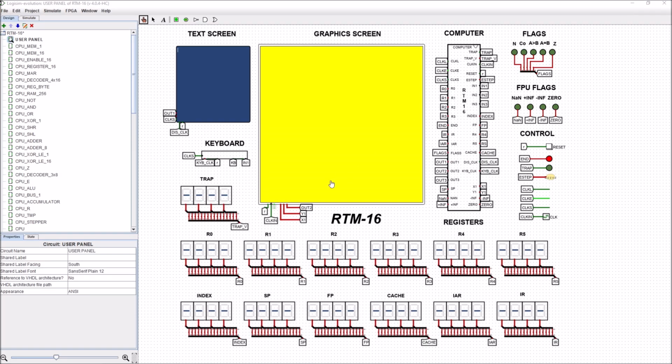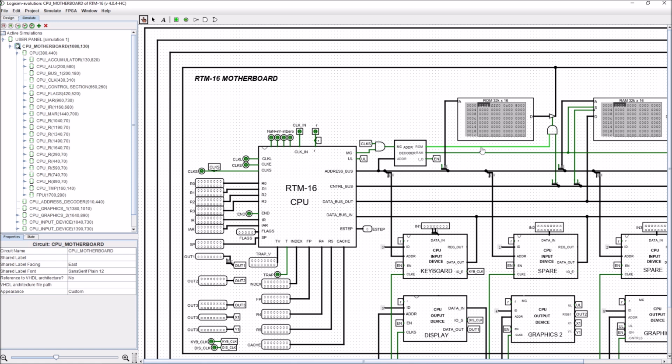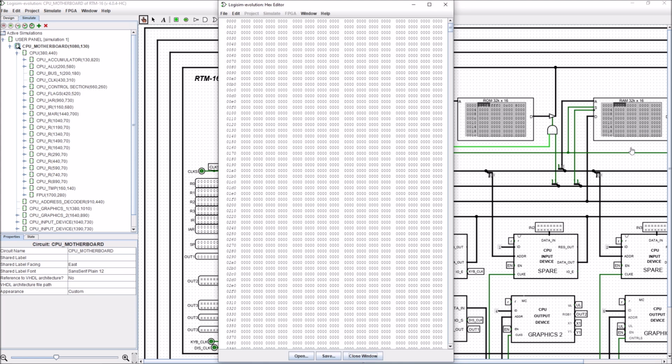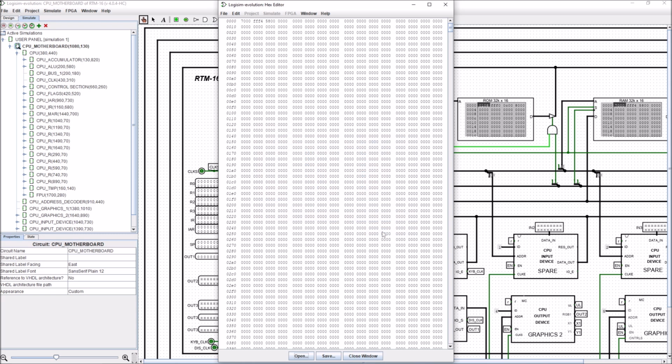So what we can do now is load it into our machine. If we go to the motherboard, the first thing we want to do is open up the splash screen. So we're in the MC folder, and you can see we've got this file here called splash. So we'll open this up,